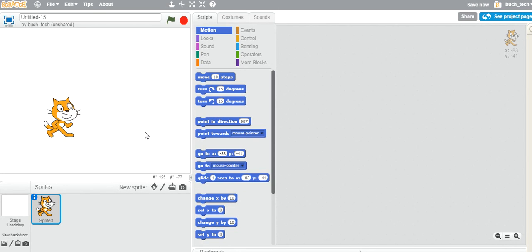Let's first look at the stage area. The cat, or the sprite, is a default character in Scratch. In Scratch, characters are called sprites, and the background is the stage. Let me direct your attention to the cursor tools on the top of the stage. By hovering over each of the signs, notice that there is a duplicate, a delete, a grow, a shrink, as